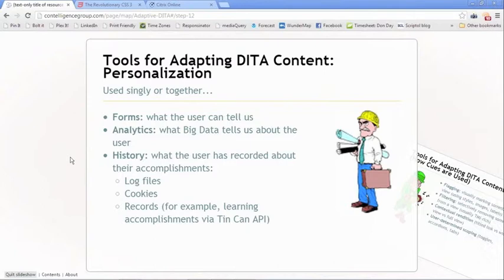This includes log files, and cookies that they may have left on their machine that you can go back to and look at, see where they were, and try to assess perhaps how much content they had been through, and record keeping. An example of this is there's a specification called the Tin Can API that's